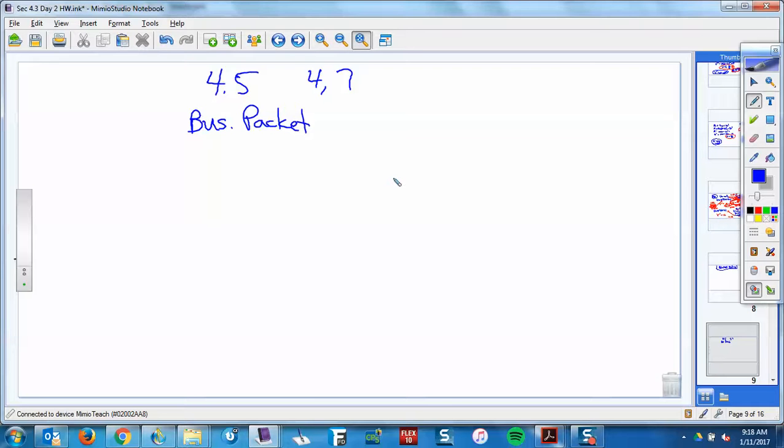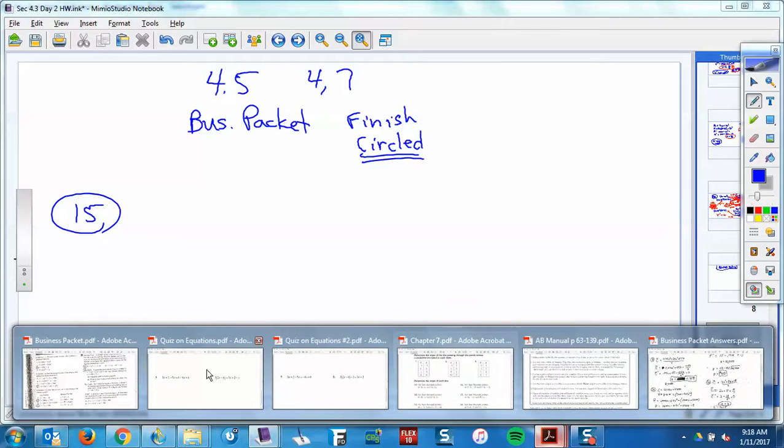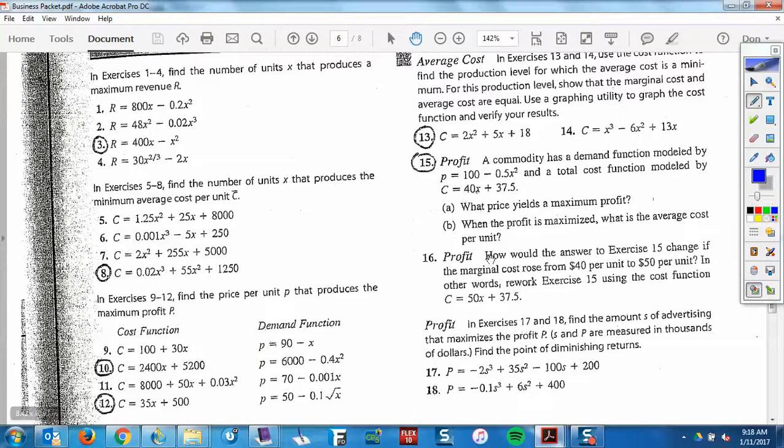All right, so anyway, business packet. You're supposed to finish the circled problems, it says. Finish the business packet, and when I say finish, I mean all the circled ones. Okay? Now, let me help you get a little bit of a start on 15. So if we go to the business packet,